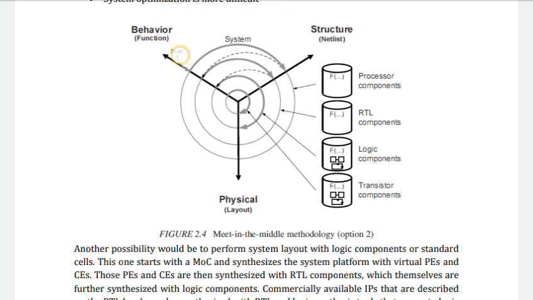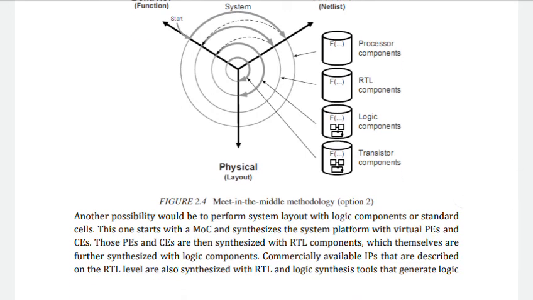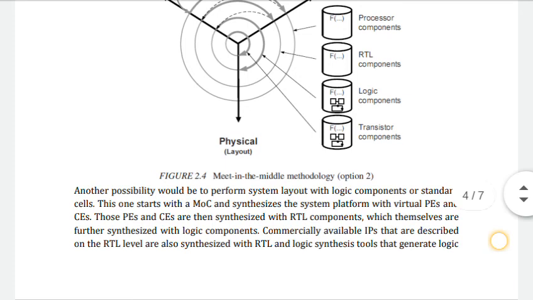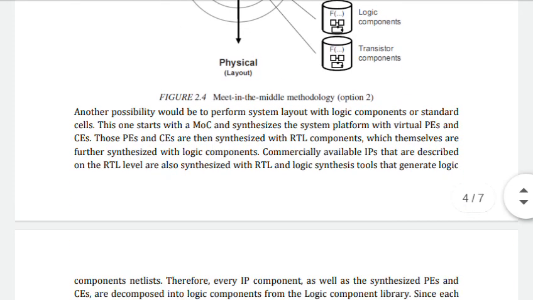Here it will start with the model of computation and synthesize the system platform with virtual processing elements and communication elements. So after that this will be synthesized with the RTL components, which themselves are further synthesized with the logical components.